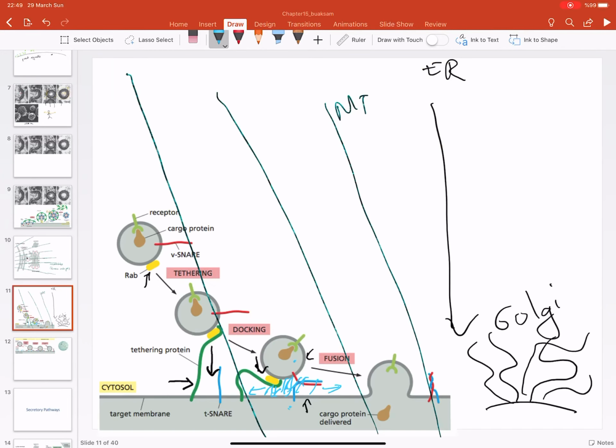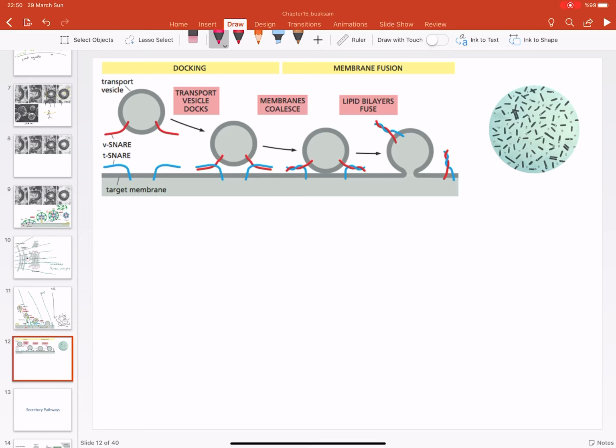So the trick they used is the snare protein. We have a snare protein already here on the vesicle. It is called V-snare because it's a vesicle snare. And here on the target, which is the Golgi, there is a T-snare. So once the vesicle comes close, there are water molecules here around, and these water molecules are pushed away with the help of these two proteins, V-snare